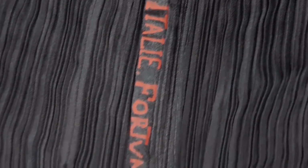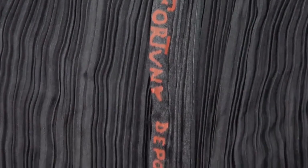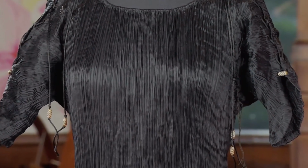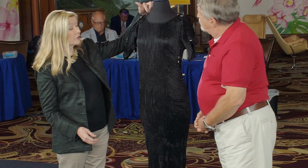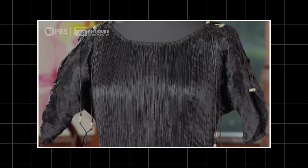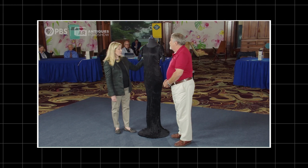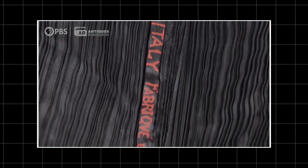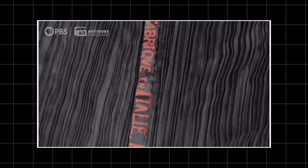Then came another important clue, a Fortuny signature hidden along the back seam. Combined with the distinctive pleating, design, and materials, it provided strong evidence linking the gown directly to the designer. Fortuny signed all of his pieces. Okay. And this one has, it's a vertical signature in the back center seam in red lettering where it says